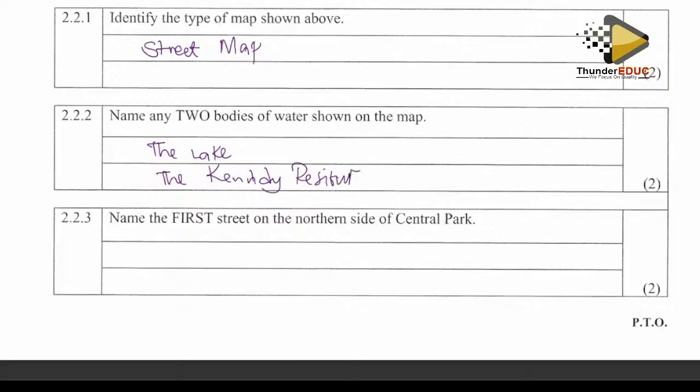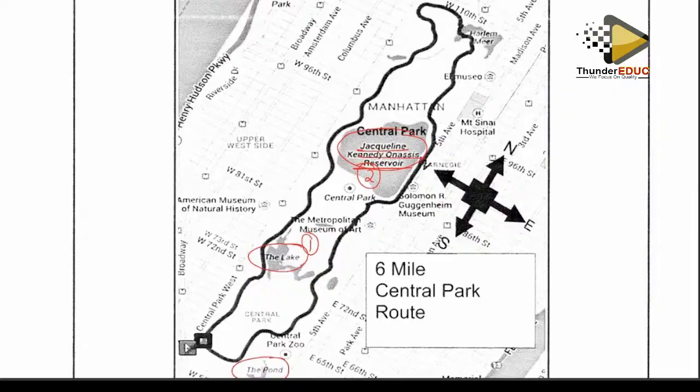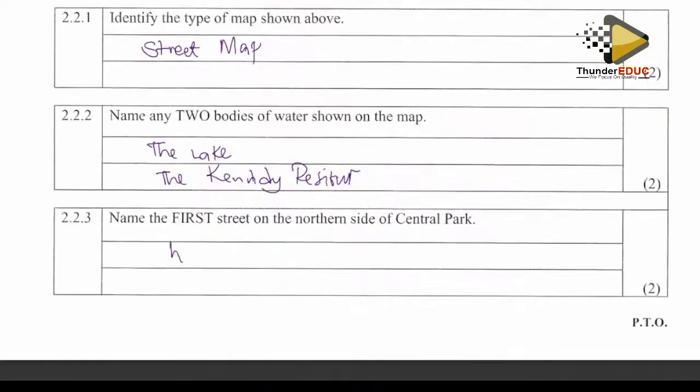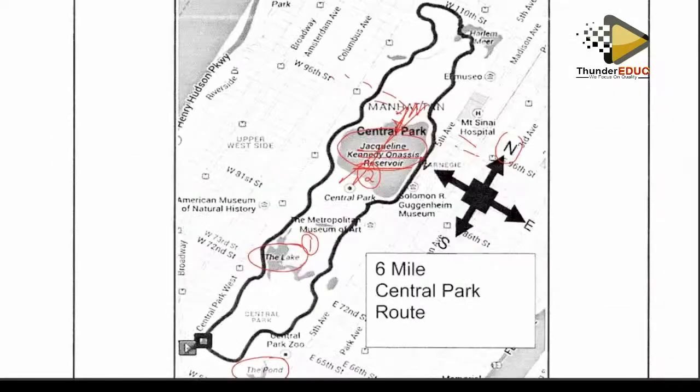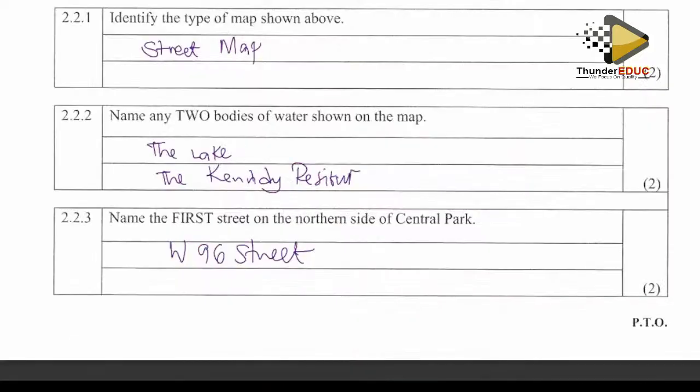Okay. Name the first street on the northern side of the Central Park. The first street on the north. So the north side is this one here. But the first street. So this is the northern part of the city. Because if it's like this, so this is the first street, right? W 96th Street. 96th Street. Okay,